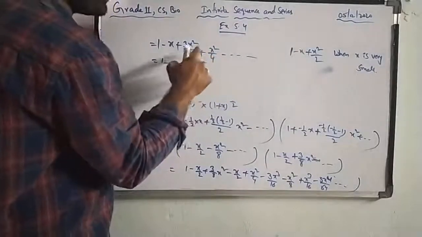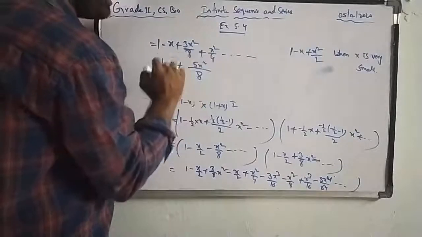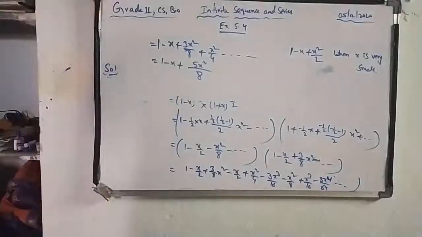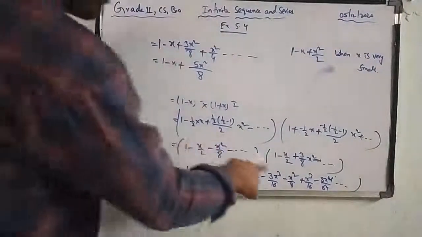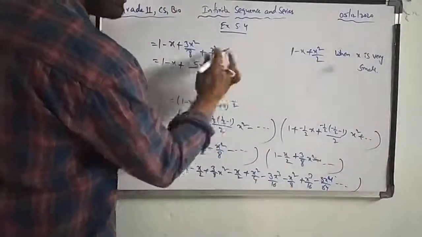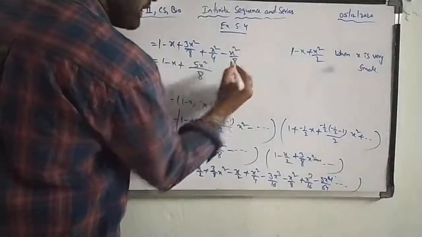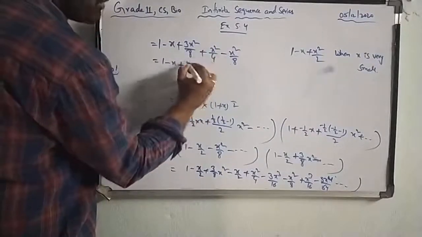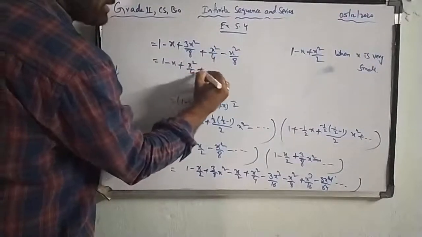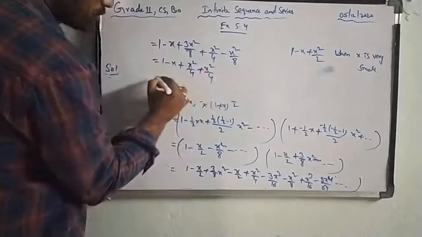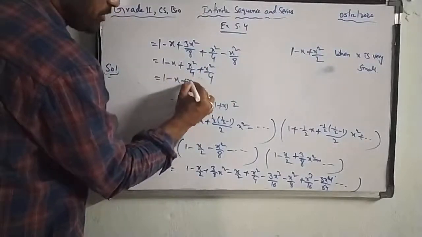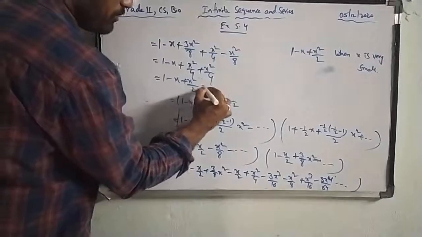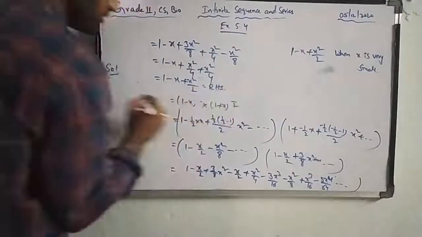Here we have one more term, minus x square by 8. So 3x square minus 2x square is 2x square by 8, which is x square by 4, plus x square by 4, 2x square by 4, which is x square by 2, which is equal to RHS. Hence,